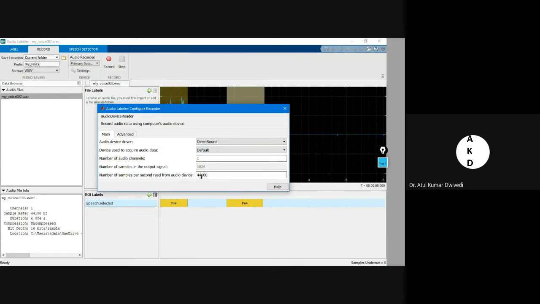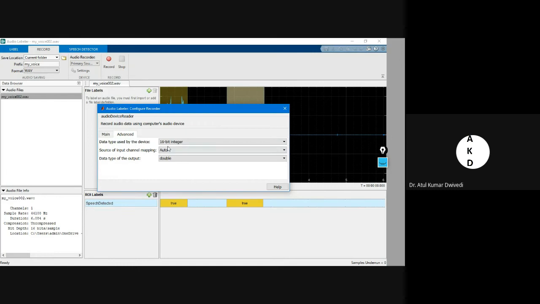You can also change the sampling rate. Currently it is 44,100, therefore this will show only 44,100. There is also the data type; 16-bit integer is the default. You can change the data type also if you want to increase the efficiency or increase the precision in your audio file. Okay,